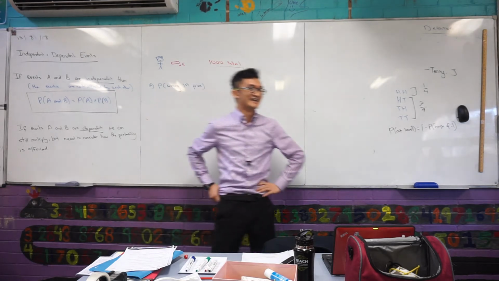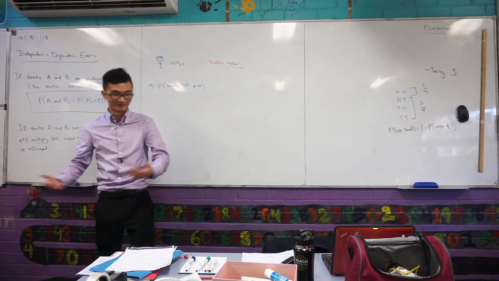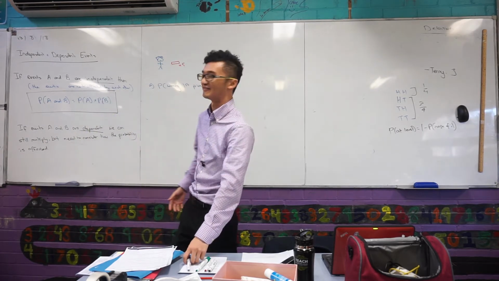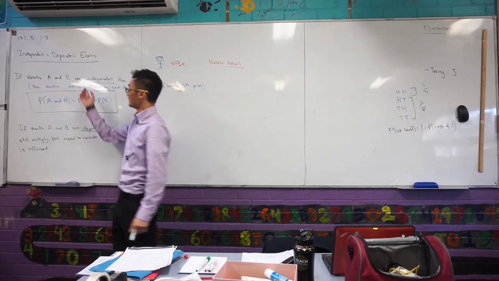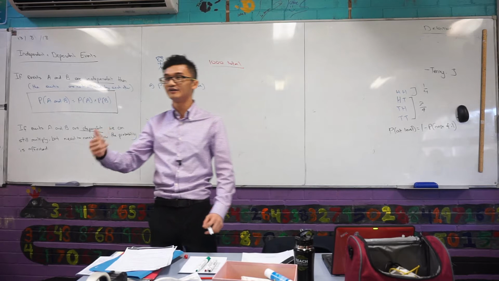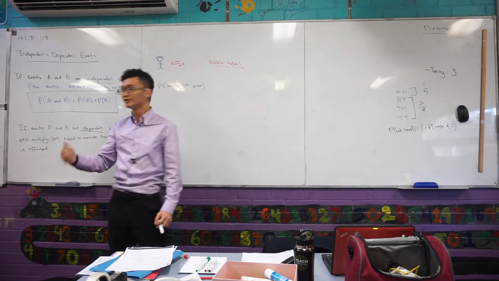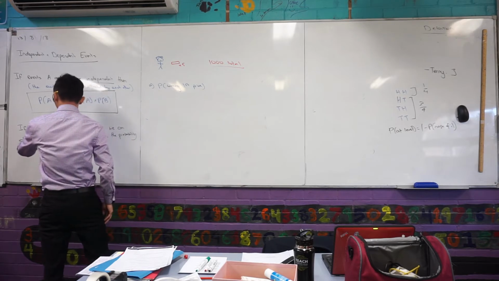All right, yeah, 10. Obviously, if there are things called independent events, then there are probably things called dependent events. Does everyone have a stab at what they think dependent means? It does affect, exactly right. If independent events are two things that happen which don't affect each other, for example, flipping a coin, right? Each flip doesn't affect the other one, then dependent events are where the events are affected